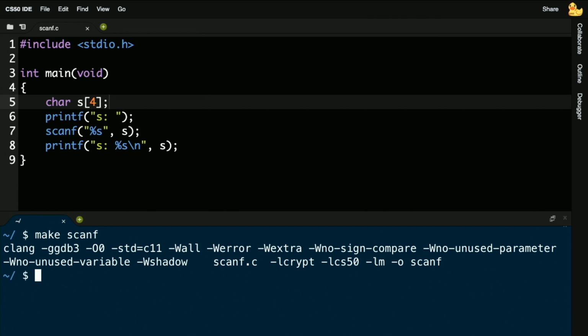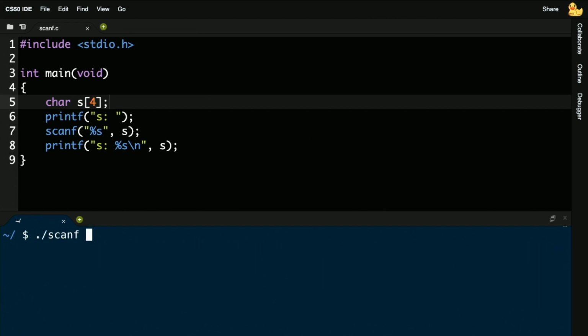So frankly, there's so much new stuff today. I like the idea of sticking with the old school arrays. So now, though, if I go ahead and make scanf, now it compiles with make. If I then run scanf and type in hi, voila, it seems to work. But that's because I was smart and anticipated that hi, OK, 4 characters. I gave myself 4 bytes.